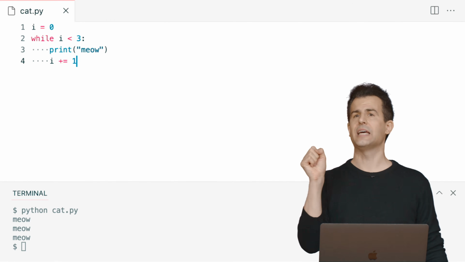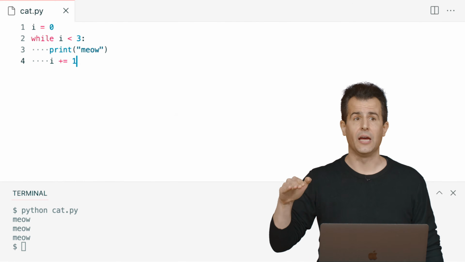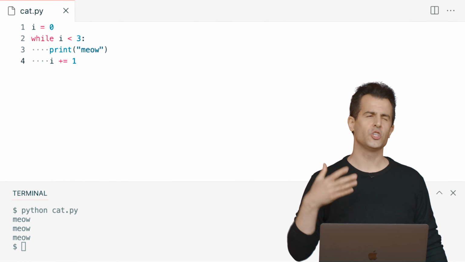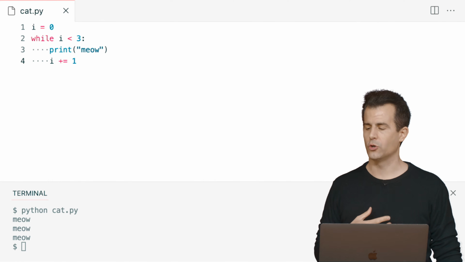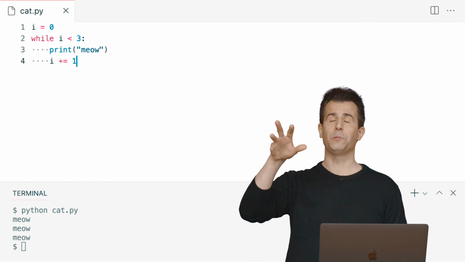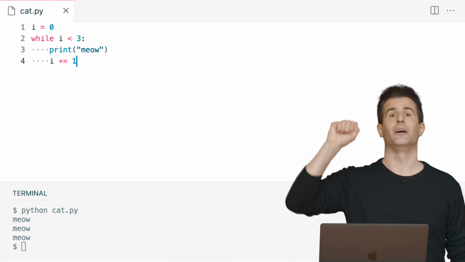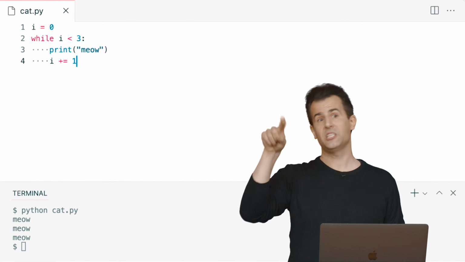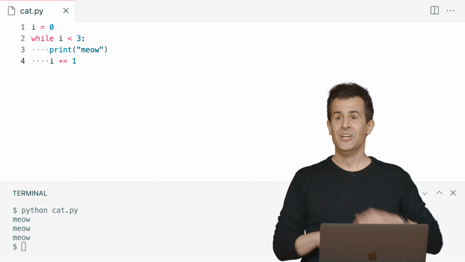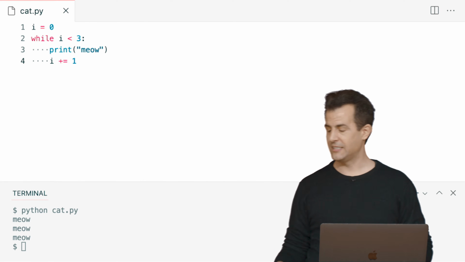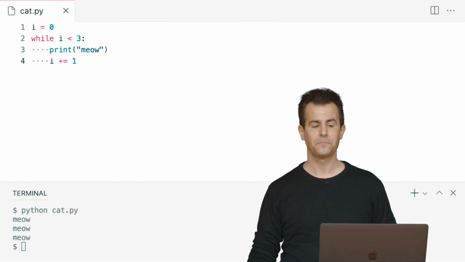This is a special syntax that says the exact same thing, increment I, but it does it with fewer keystrokes. It's just a little more pleasant to type. It's a little faster to read. It's just a convention. Those of you who have programmed in C, C++, Java, JavaScript might have seen plus plus before or minus minus. Sorry, Python doesn't have it, so you cannot use that. This is as succinct as your line of code might get.